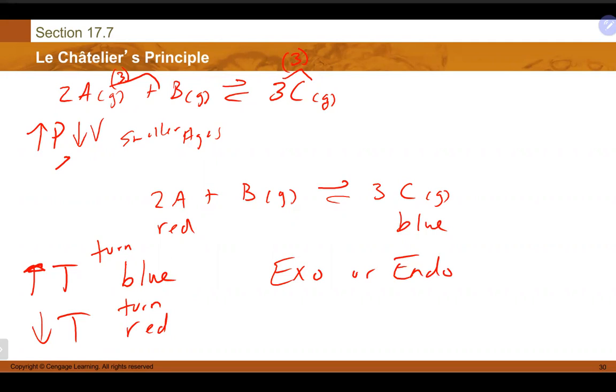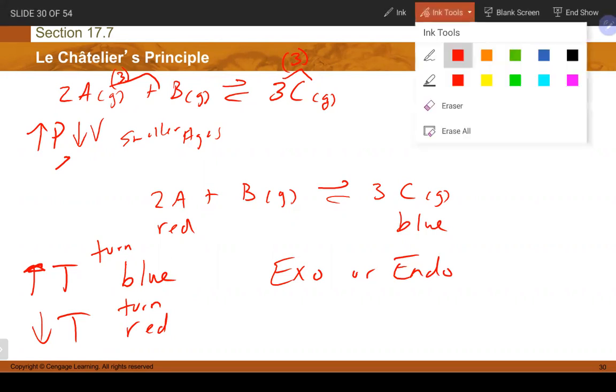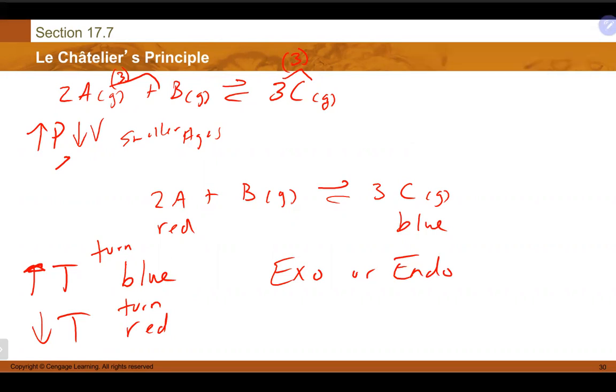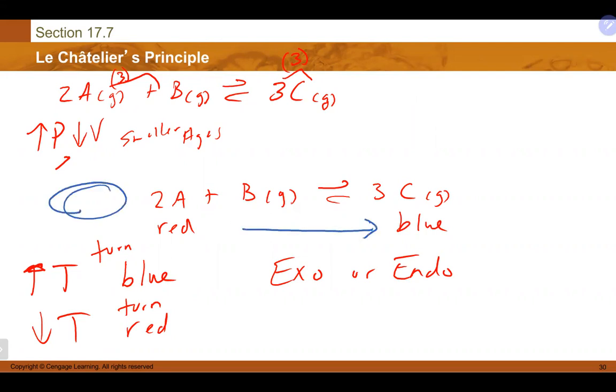Well, let's work through it. I increased the temperature, right? So that is like adding. Adding means it has to go away. And it ended up blue. So the heat was over here, right? When I increased it. Now, does my other one agree? I hope so. When I decrease the temperature, it turned red. When I decrease it, it's like removing it, which means it had to go towards the side I decreased. That would all mean that my heat and energy is on the reactant side, and this means that this reaction should be